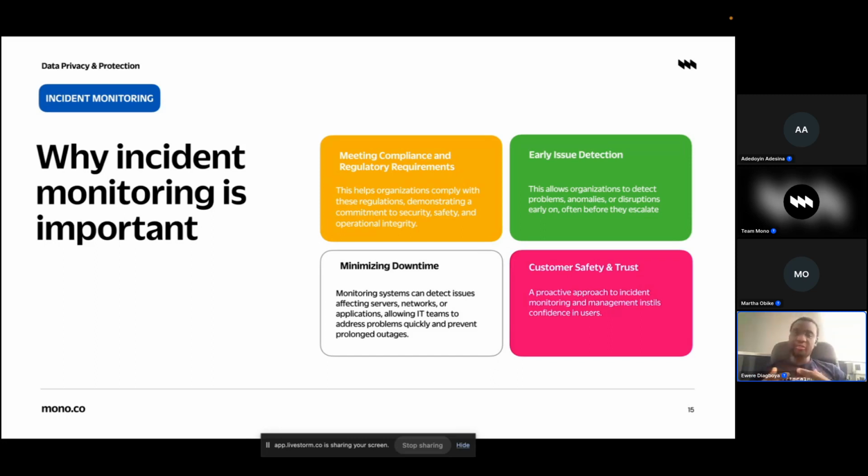They are always efficient. We know what happened during the cash crunch in Nigeria last year, where some banks were not able to transfer money. And some banks came up and they were able to solve that problem. That was one of the things that they did that made them very popular. And that is what it means to have customer safety and trust.